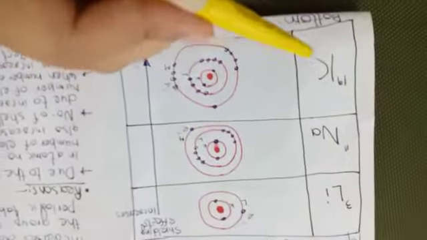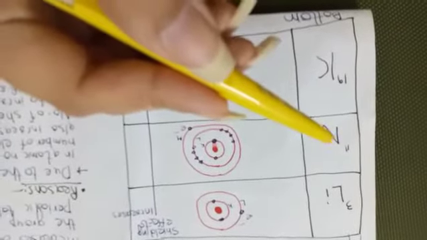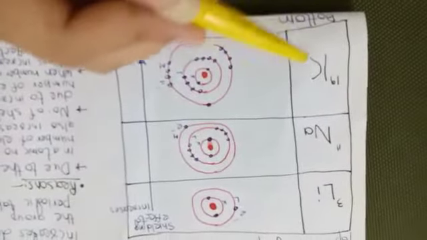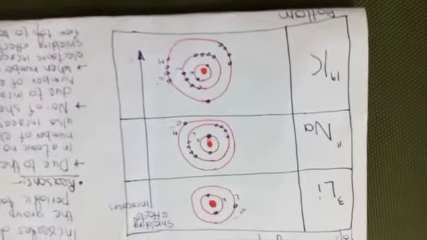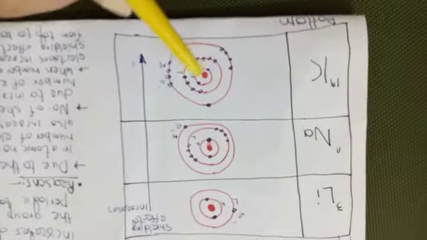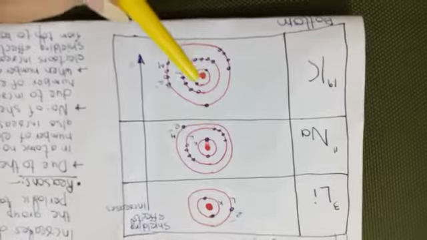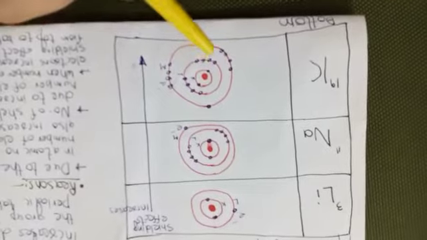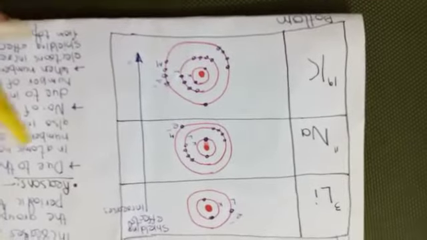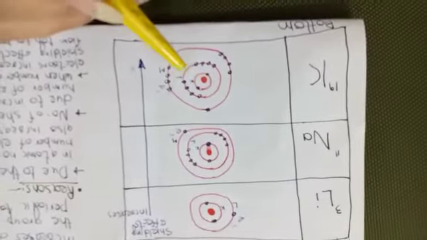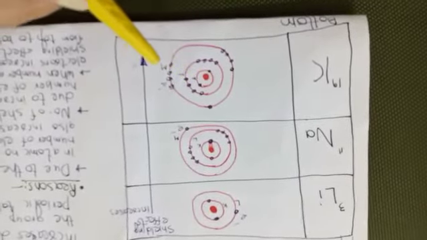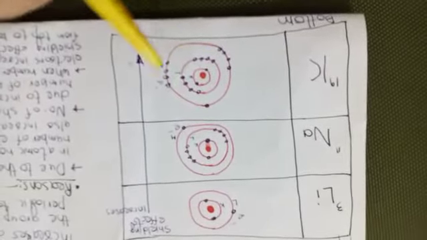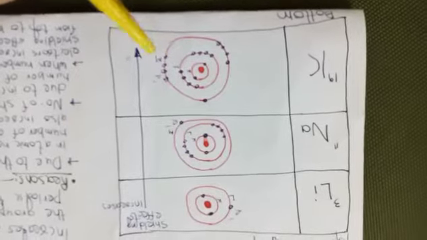Now class, come towards the potassium. Now class, the atomic number in case of the potassium increases from 11 to 19. Now class, potassium having atomic number 19, it means 19 electrons are present in potassium. So class, here we will do the electronic configuration of the potassium. Now class, first 2 electrons are placed in the K shell. The next electrons, how many electrons are remaining? 17 electrons are remaining. So class, other 8 electrons are placed in L shell, and how many electrons are now remaining? 9 electrons are remaining, so these last 9 electrons are accommodated in the M shell.